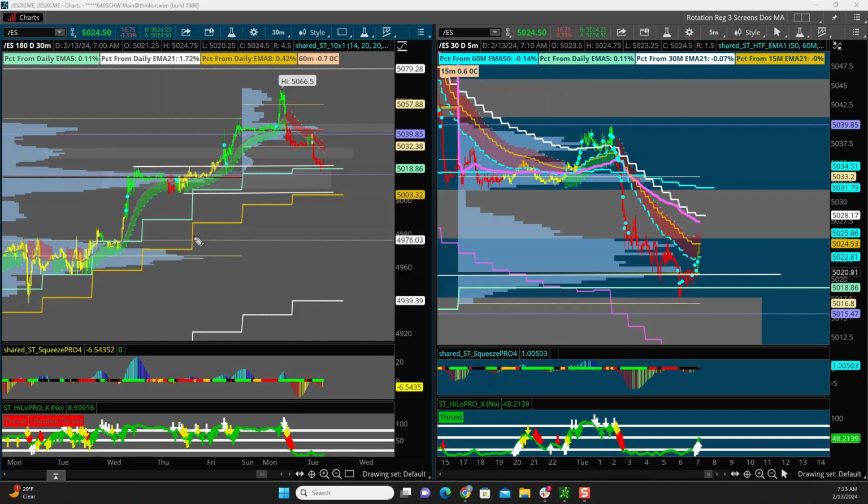But let's go ahead and look at this top down and how you can actively do it as an actionable idea. We are below this week's point of control, which is this line right here. And we came down to this box right here. You see how we kissed it perfectly? That is last week's HVA zone, identified by this gray box. We kissed it perfectly, so basically we're kind of in a box.